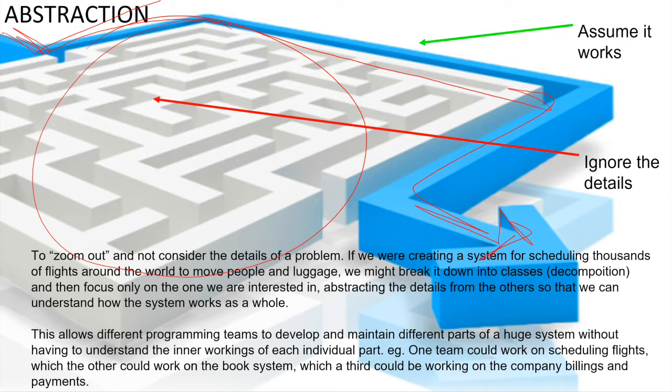Now, imagine you're zooming out of all the complexity and you're just getting a view of how to use something, in the same way that perhaps a driver of a car doesn't need to be a mechanic, doesn't need to know how the engine works, he just needs to know how the controls are. This is a concept known as abstraction, and it's one of the advantages of object-oriented programming.